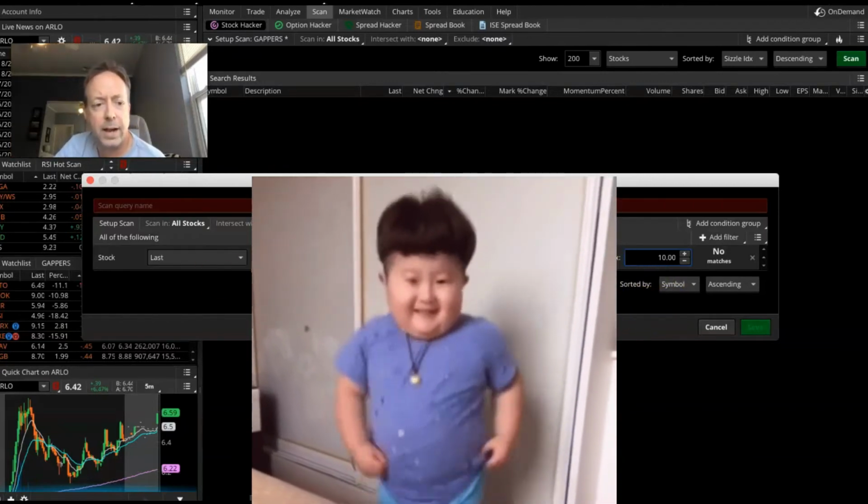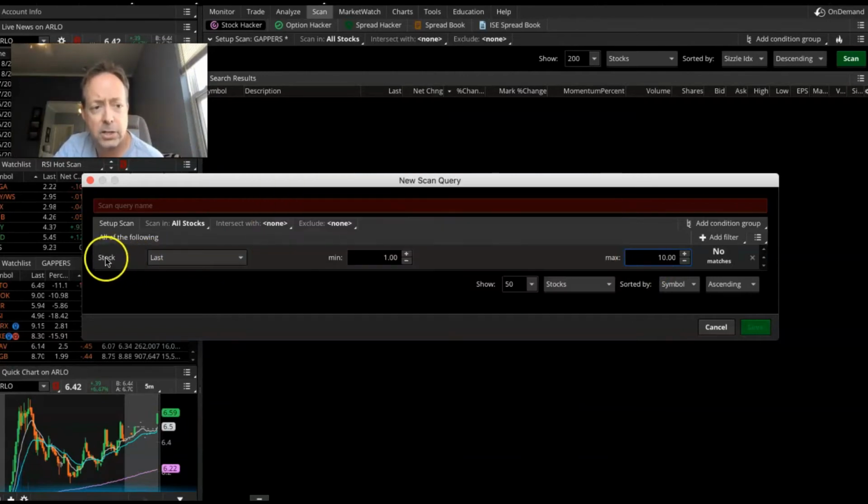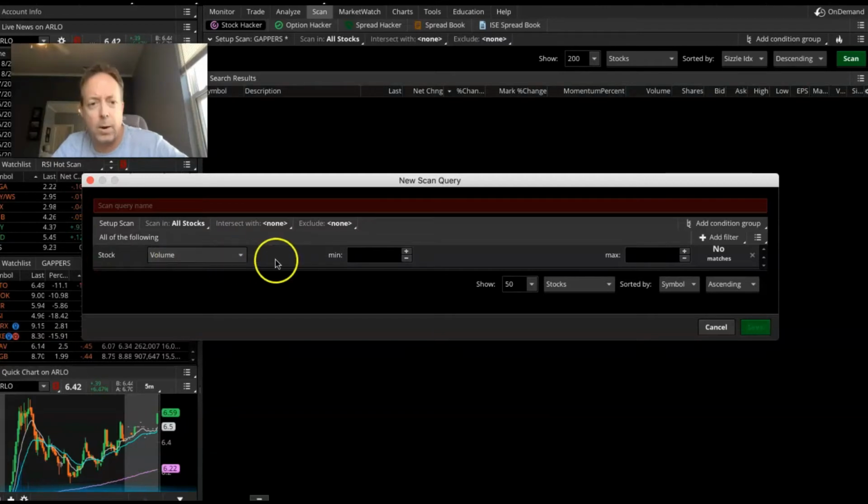So I've got the last under the stock section here at $1 to a max of $10, and then I'm going to slide my mouse and scroll down a little bit, and you'll see here I have another section called stock. On this one I'm going to use volume, so that's already there, and then I'm going to go a minimum of 2,500, okay? And then I'm going to leave the maximum empty. I'm just going to clear that out and leave it empty. So this way, if any stocks have a volume between 2,500 all the way up,